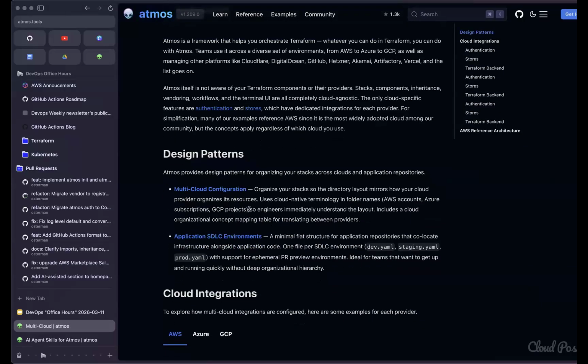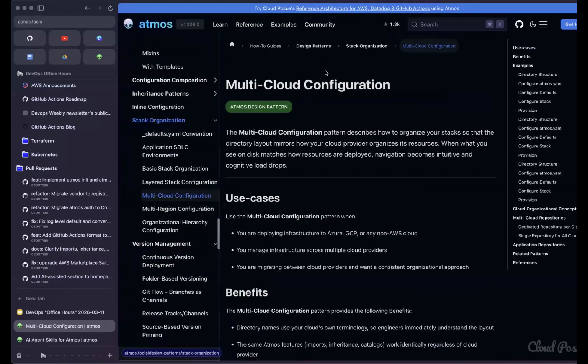Along with this announcement, we also published a couple of interesting design patterns. One of the things that I think is missing from the overall infrastructure as code community are published, validated, proven design patterns. There are a lot of Medium posts that show how to wing it in different ways, but this is how we do it at Cloud Posse, how we've architected Atmos to work, how you can lay out your configurations, recognizing there's no silver bullet and there are trade-offs on how you do it.